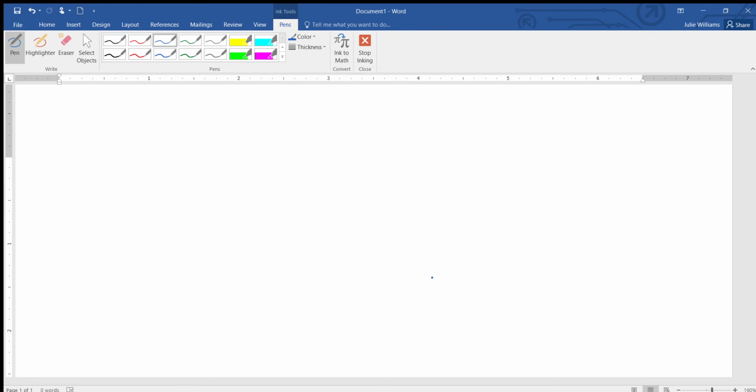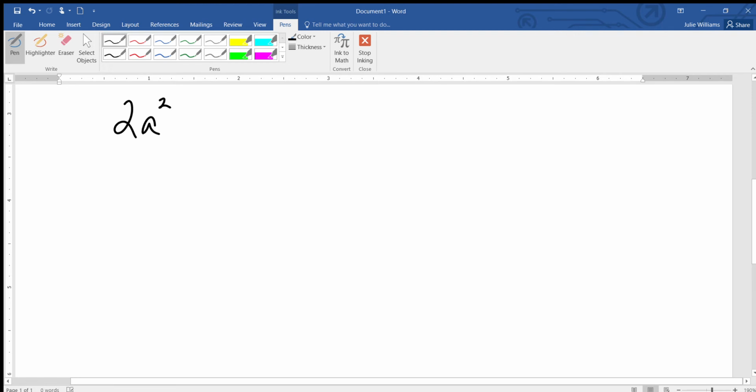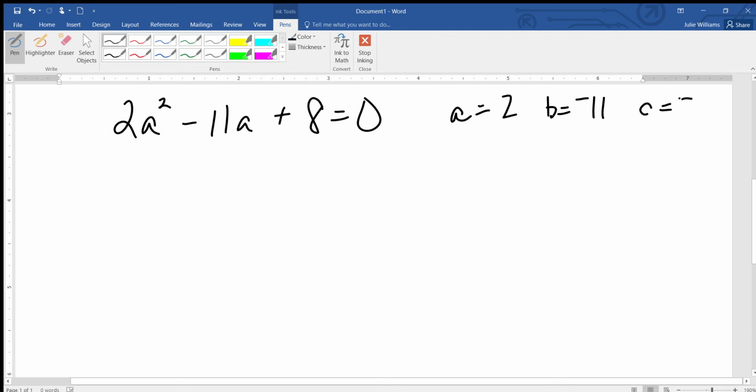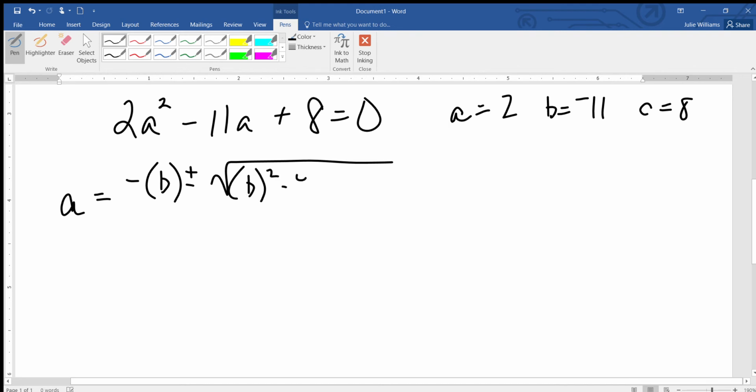So this one is going to be 2a squared minus 11a plus 8 equal to 0. Again, it doesn't matter the variable. So this one's already set equal to 0. Yay, bonus. So a is equal to 2. B is equal to negative 11. Make sure you put the negative there. And C is equal to 8. Now write my quadratic formula. A in this case is going to be equal to negative B plus or minus the square root of B squared minus 4 times A times C